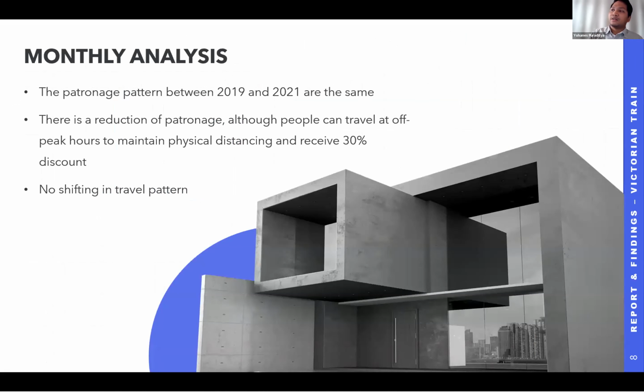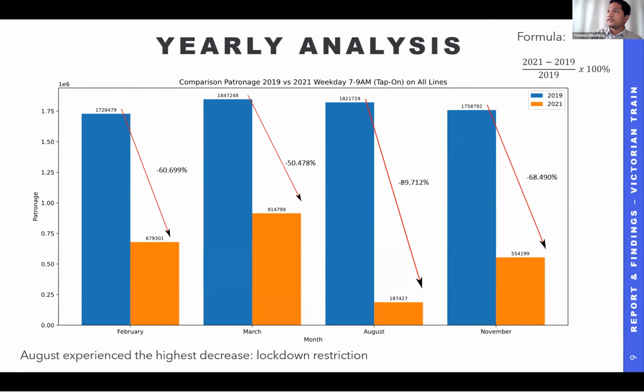So yeah, this is the monthly analysis recap. There is no shifting in travel pattern. This is the yearly analysis. So we describe how many the decrease of the patronage